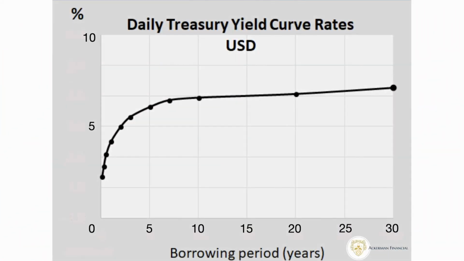So to understand this, we need to understand what a yield curve is. When a company issues or the government issues debt, for example, you have your treasuries, your bonds, you get an interest payment for buying or investing in that debt security for that company or public institution. So I'm going to give you an example of a normal yield curve, and it looks like this. You buy a 1-year treasury bill, you get, for example, 5%. You buy a 10-year treasury bill, you get 6%. You buy a 30-year treasury bill, you get 7%. So your shorter term, you get a little bit less. The longer term, you get a little bit more because you're tying up your money for a longer period of time.